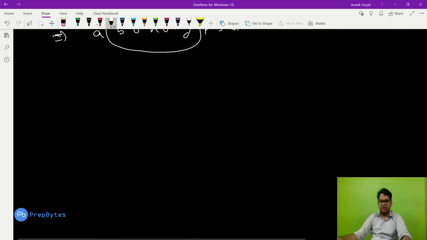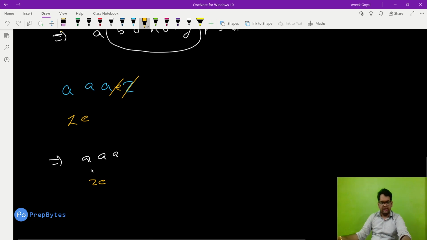For example, let's take a small example. So if we have string as AAAZ, fine, and the pattern is ZE. So what are the steps? Z will get cancelled and E will get cancelled. Fine. So Z and E will get cancelled. Afterwards we get a string as AAA. After sorting this, we get AAA, and the pattern we get is ZE.